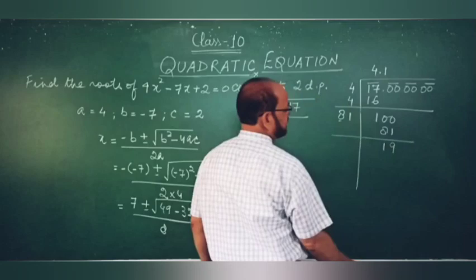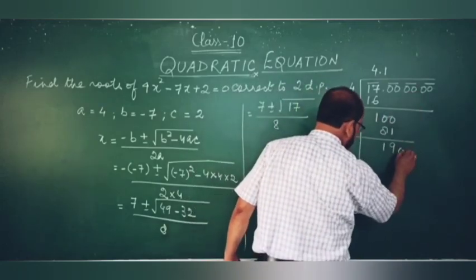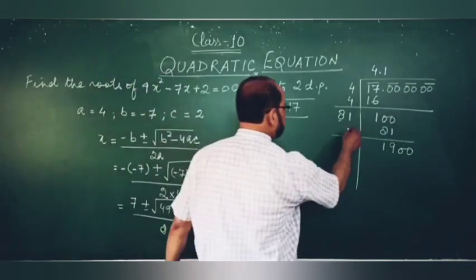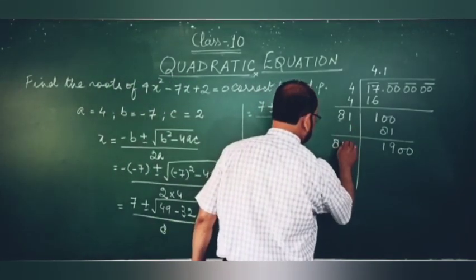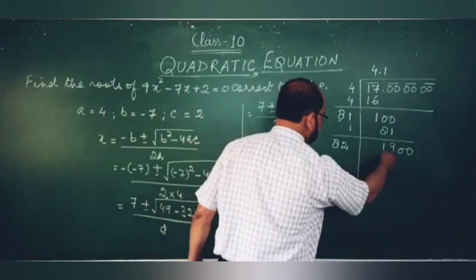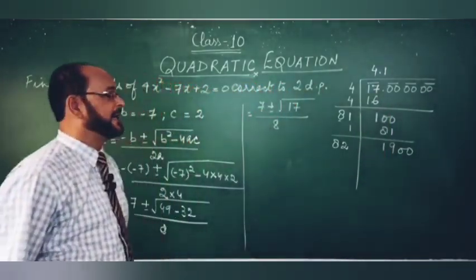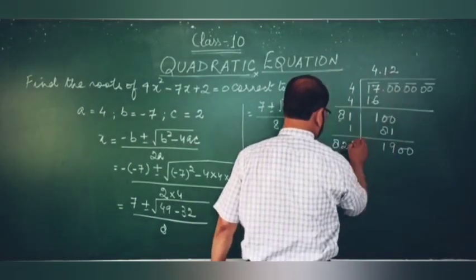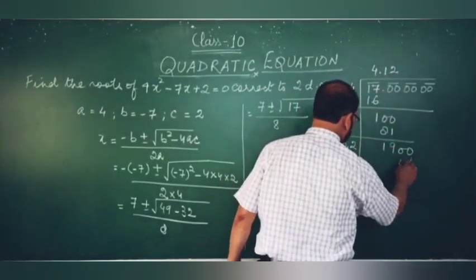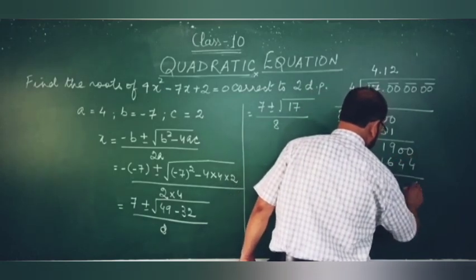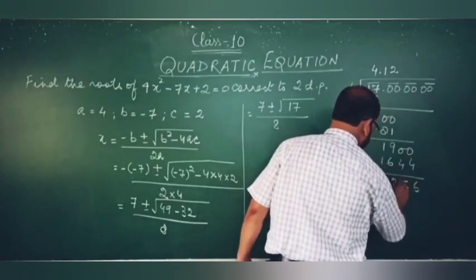19 will be left. Then we will bring down this pair of digits, which is two zeros, and 1 will be added here, so it will be 82. Now this is 8 and this is 19. So approximately 8 can go 2 times. We will write 2 here and 2 here. So 2 2s are 4, 2 2s are 4, 2 8s are 16. We will subtract: 10 4 6, 9 4 5, 8 6 2.